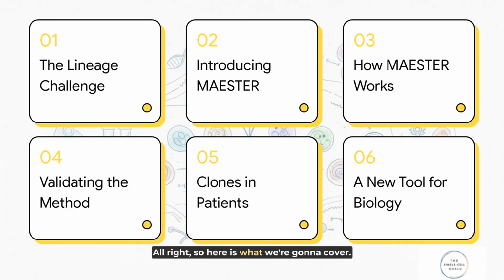All right, so here's what we're going to cover. First, we'll talk about the fundamental challenge that researchers face in lineage tracing. Then, of course, we'll introduce MAESTER and get into the nitty-gritty of how it works. We'll see the clever ways the researchers proved it was reliable, look at a really powerful example of it being used on a patient sample, and then we'll wrap up by thinking about what this all means for biology moving